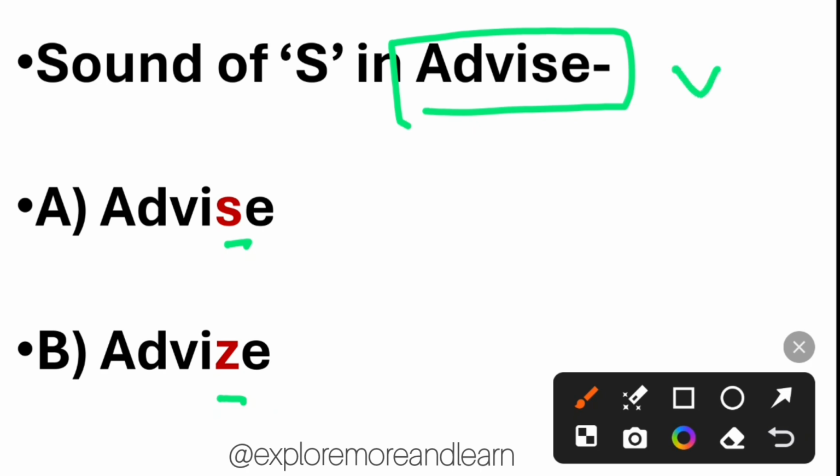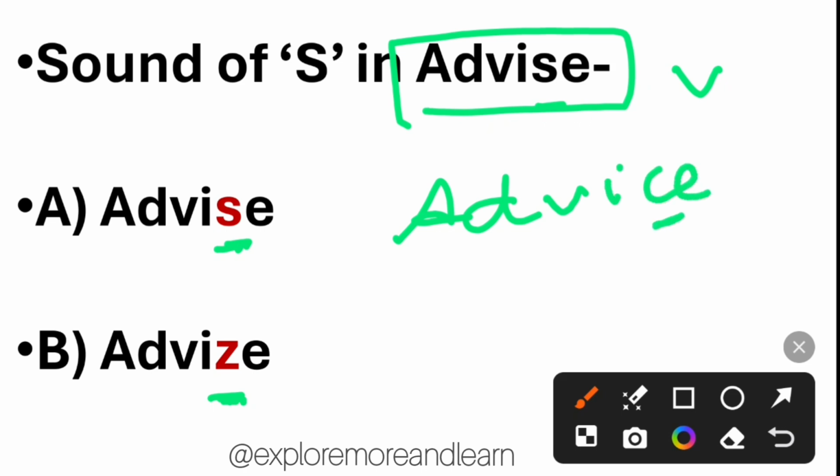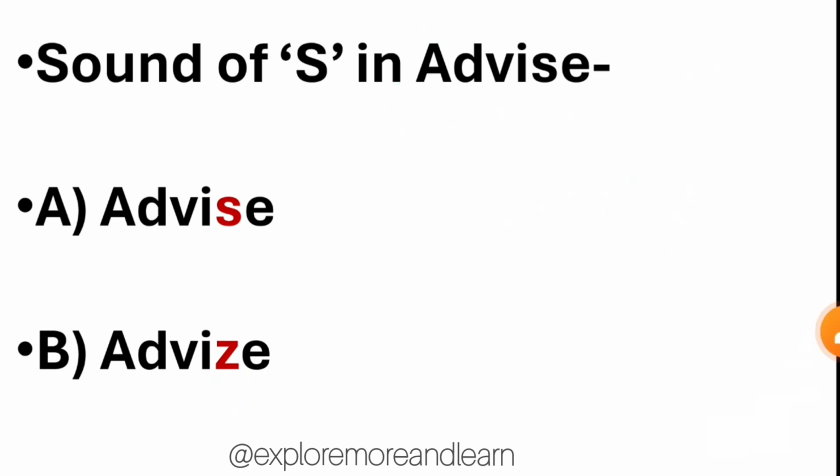So when it is a verb, the letter S has the Z sound, not S. So this is advise, not advice. When it is a noun, like where C is there, the letter C has S sound, but when it is a verb, letter S has Z sound. Okay, now the next question,